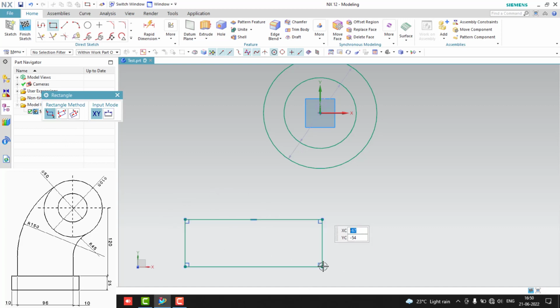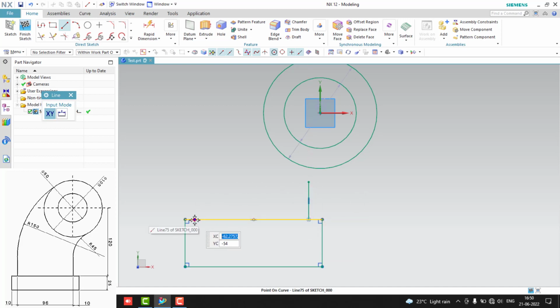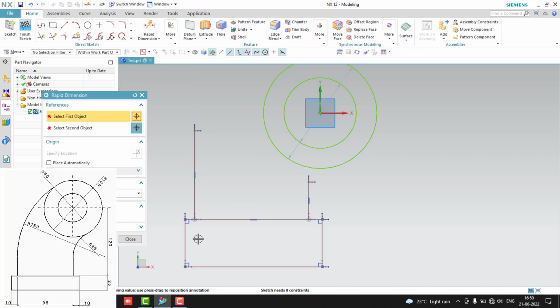I take the point rectangles, not the parallelogram kind. Once this is done, I can simply draw the lines. This one here and one more is somewhere here, like this. So the last thing is to deal with the dimensioning. So rapid dimension is active. You can assign the dimension